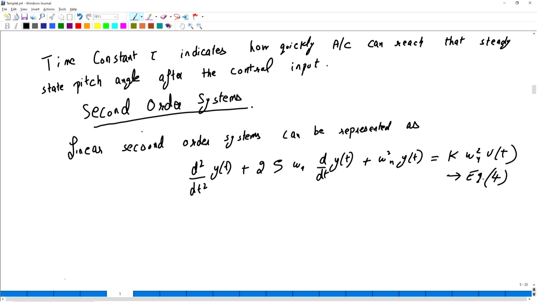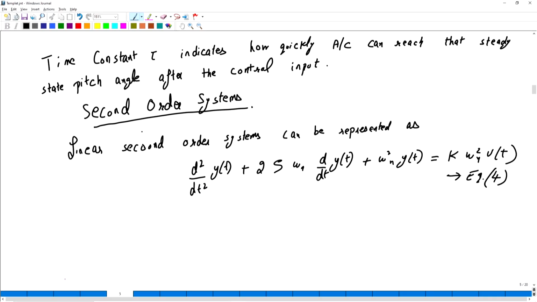Now, second order systems were talked about at length by Professor Deepak Giri in the first course. I will only touch upon the basics so that we can easily apply those equations in the MATLAB Simulink environment. So we will stop right now and continue from here in the next lecture. In the next lecture, we will be talking more about second order systems.